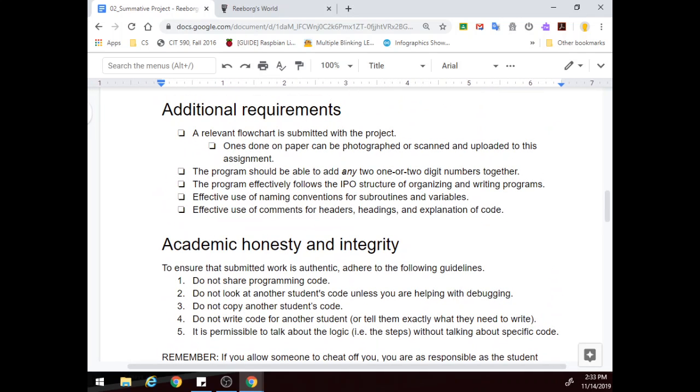So it has to be able to follow IPO, as well as you have to organize it effectively with headings and comments so that I'm able to understand your code. This also includes variable names. So the next point, make sure that your subroutines and your variable names are descriptive. I don't want to see things like